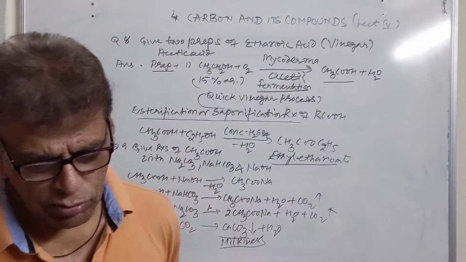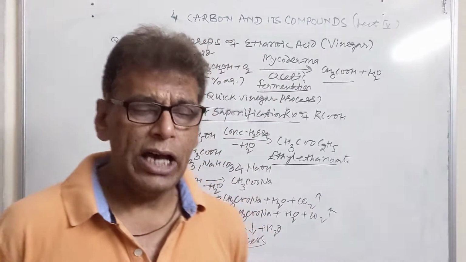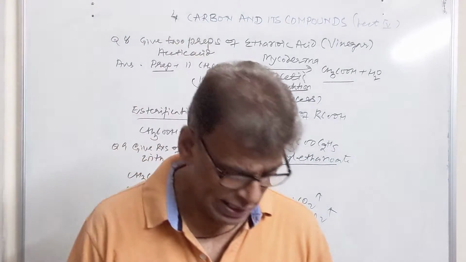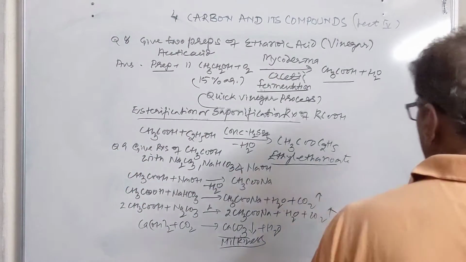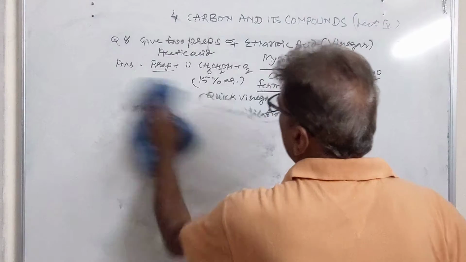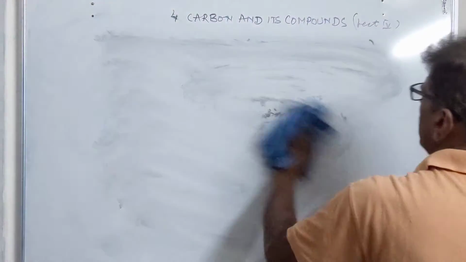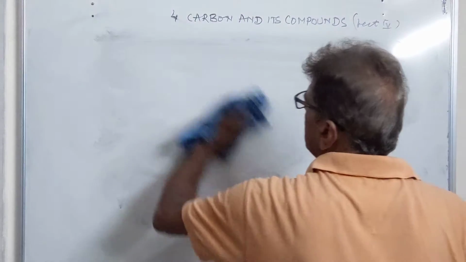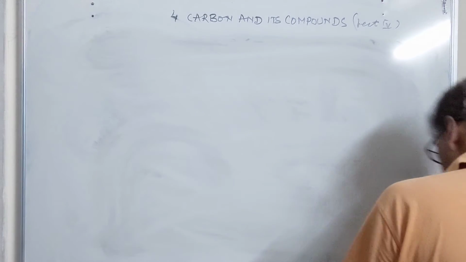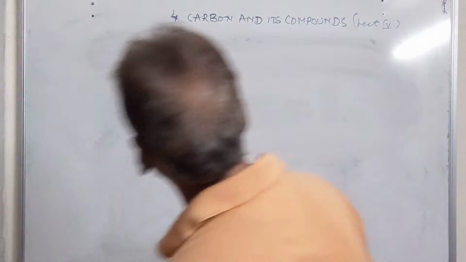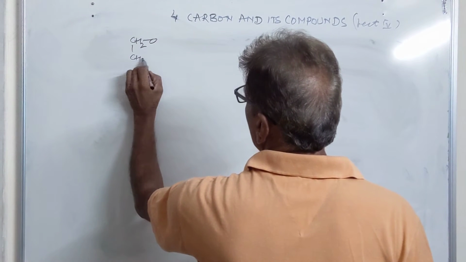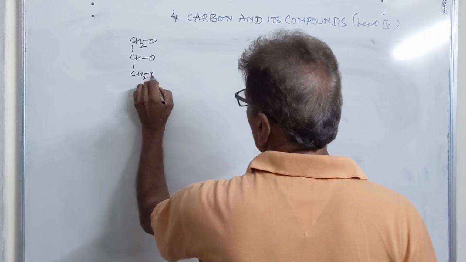Now we have the next topic: what are soaps and what are detergents. As we know, soaps are defined as the sodium or potassium salts of higher fatty acids, and these are produced by the action of alkalis on oils. They are called higher fatty acids. They are the oils which contain higher fatty acid esters, and when they are hydrolyzed with alkalis, they produce sodium or potassium salts of higher fatty acids. So we are taking fat or oil for this purpose. They have glycerol in them, which is esterified with the carboxylic group.